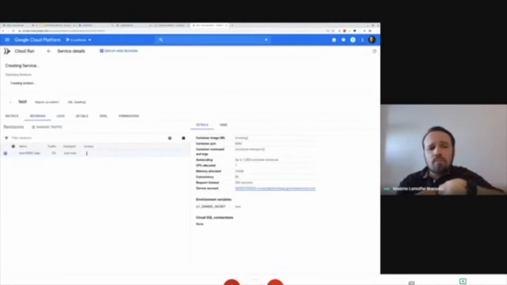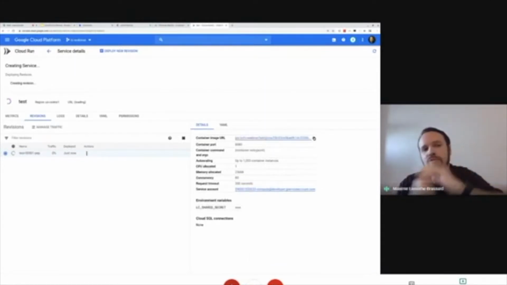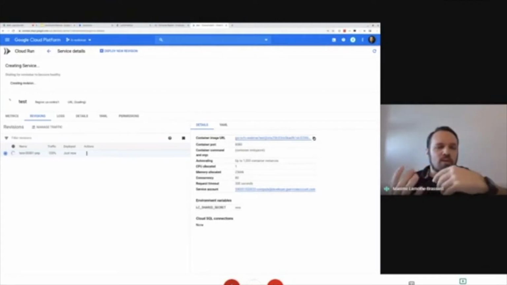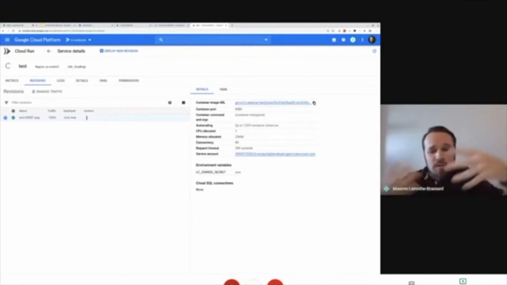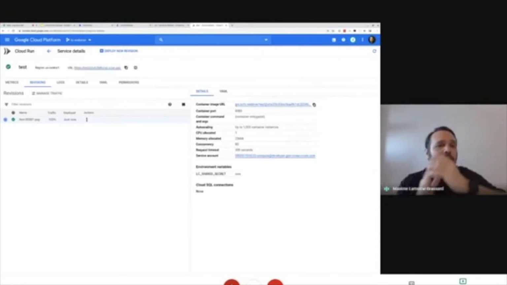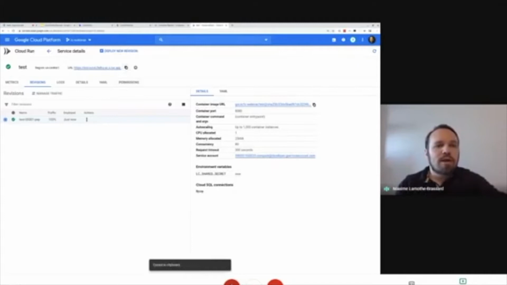So Cloud Run is right now grabbing the container, pushing it to production. In a couple of seconds, it will give us an HTTPS URL. Again, the reference implementation we have is in Python, but the protocol used is all HTTPS and JSON, and it's documented. So if you want to do a Go version of this, absolutely, or host it yourself behind your own load balancer, no problem. So here we get a public URL that we can use for this.